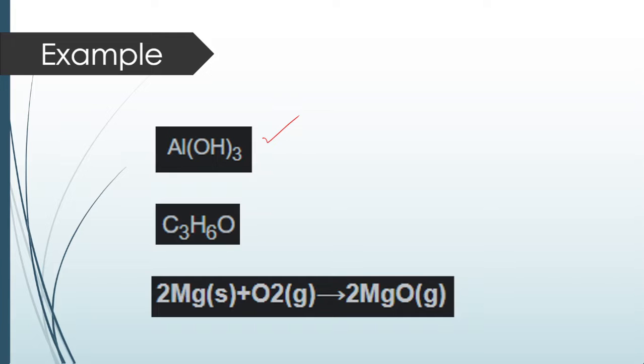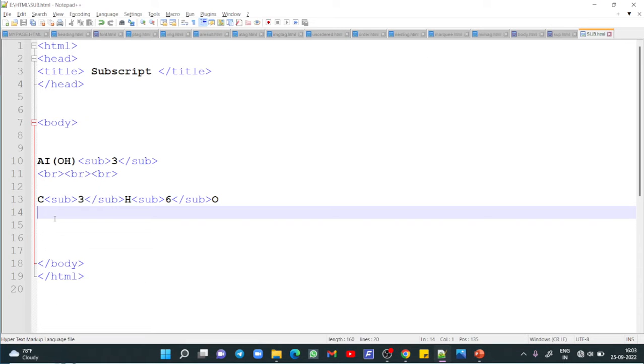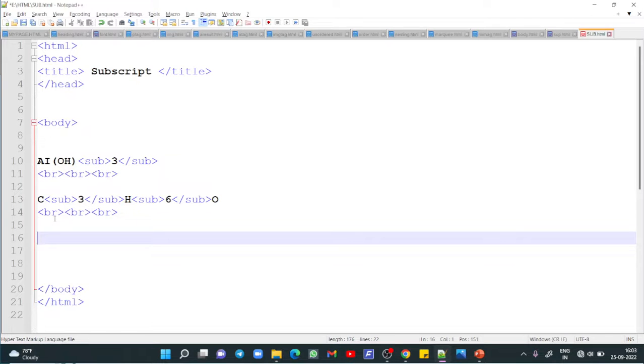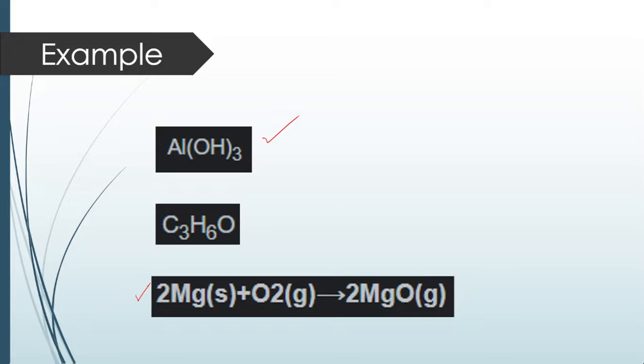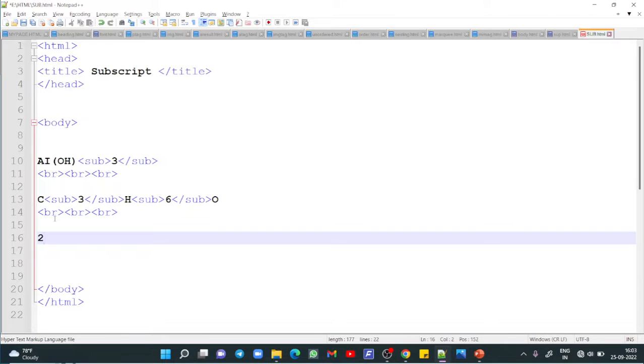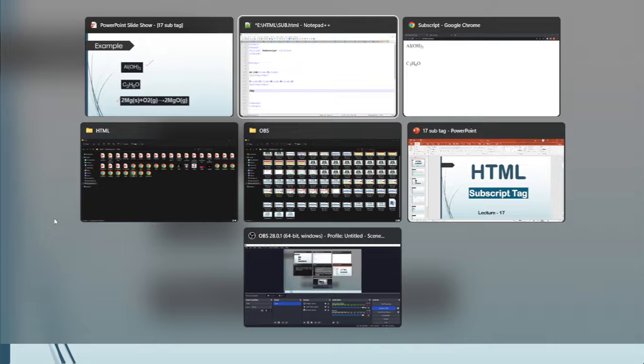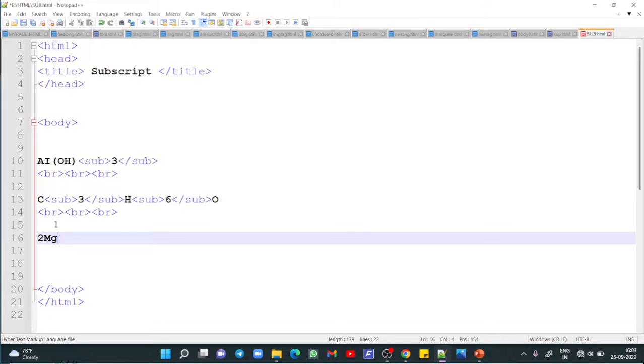C3H6O. Now we have the last formula. This is the balanced chemical equation. So let me just write it first. Let me just write BR first. Okay. Now the third formula we have is what? 2Mg under brackets,